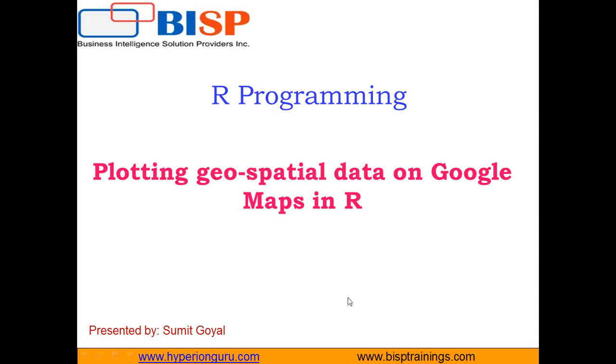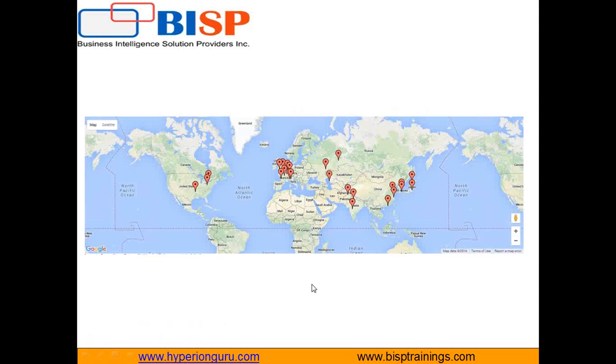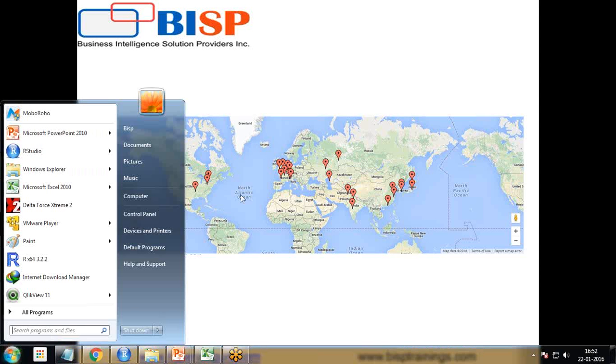My requirement is that I have a data set and I would like to place it on a Google map. So my final outcome should be something like this. First of all, let's have a look at the data. Let's suppose I'm performing